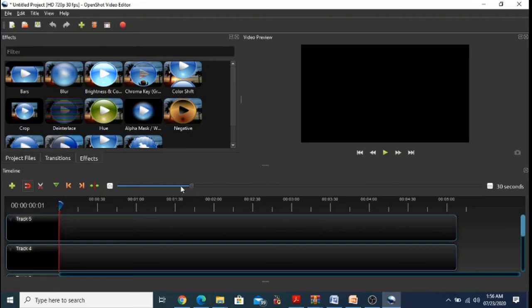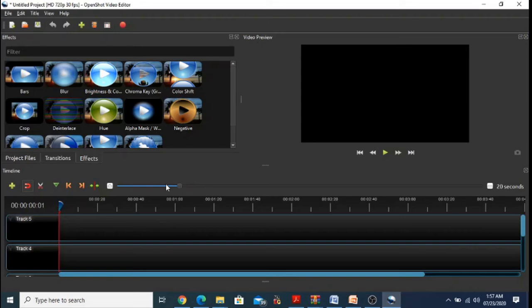And if you want to reduce the time scale, you drag it in the opposite direction. See, it has moved to 20 seconds, now to 15 seconds. Here you can see the time scale, and this is our timeline.